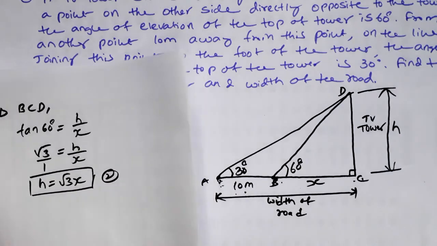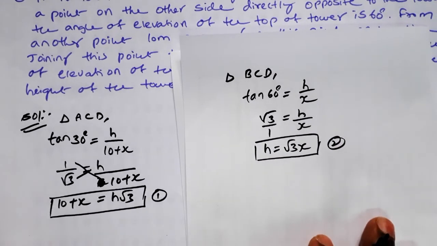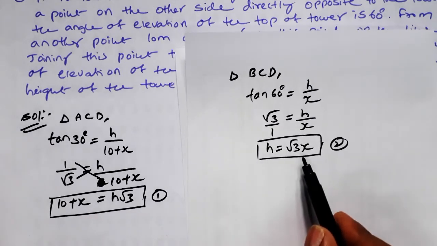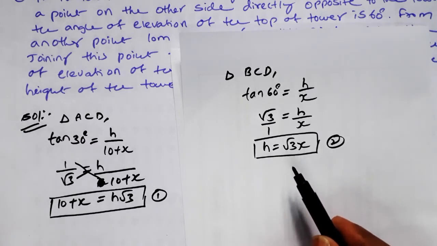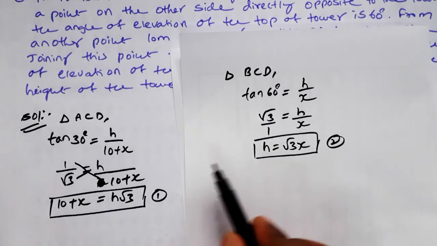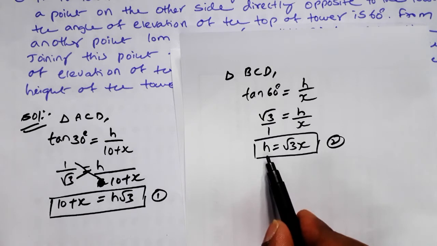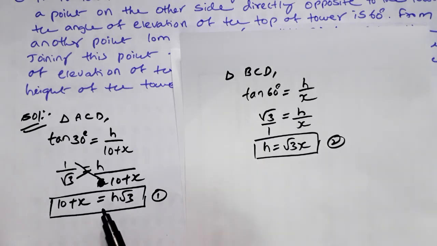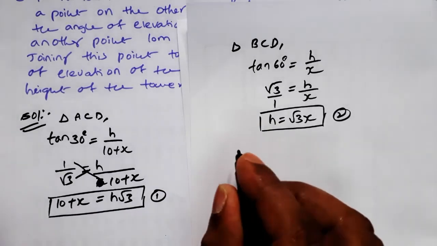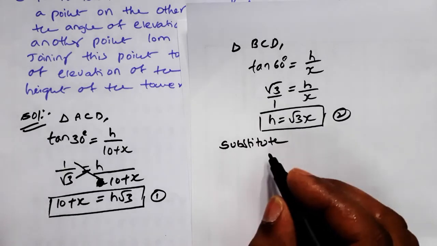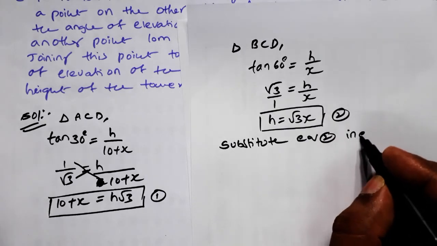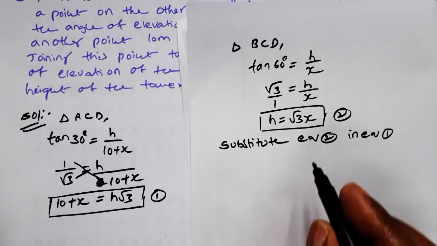The first equation we got here. The second equation we got this. The H answer we got is root 3x. Now this H answer, substitute here. H is equal to root 3x, is it there? No. Substitute in equation 1. We will get some answer for that. Okay. So what do we have to do now? Substitute equation 2 in equation 1. Equation 2 means what? The H answer.